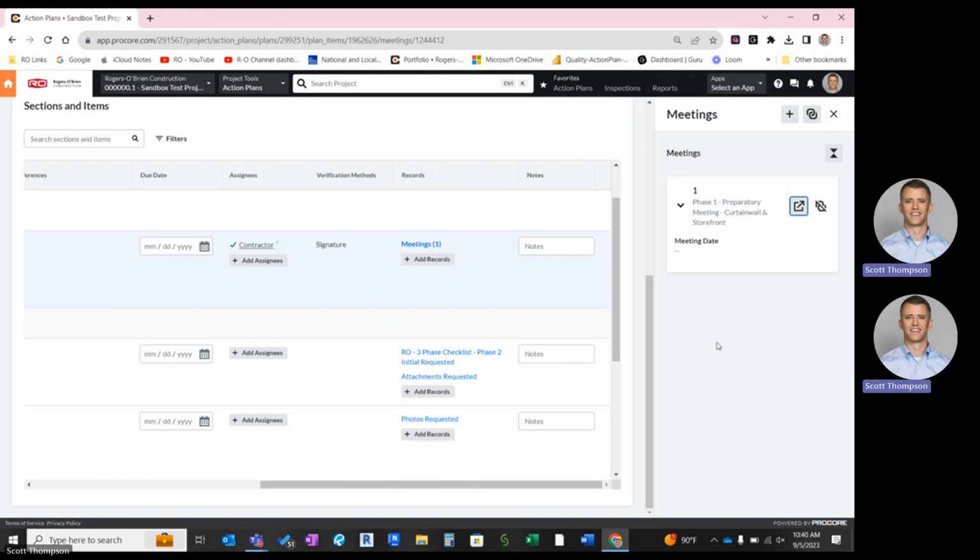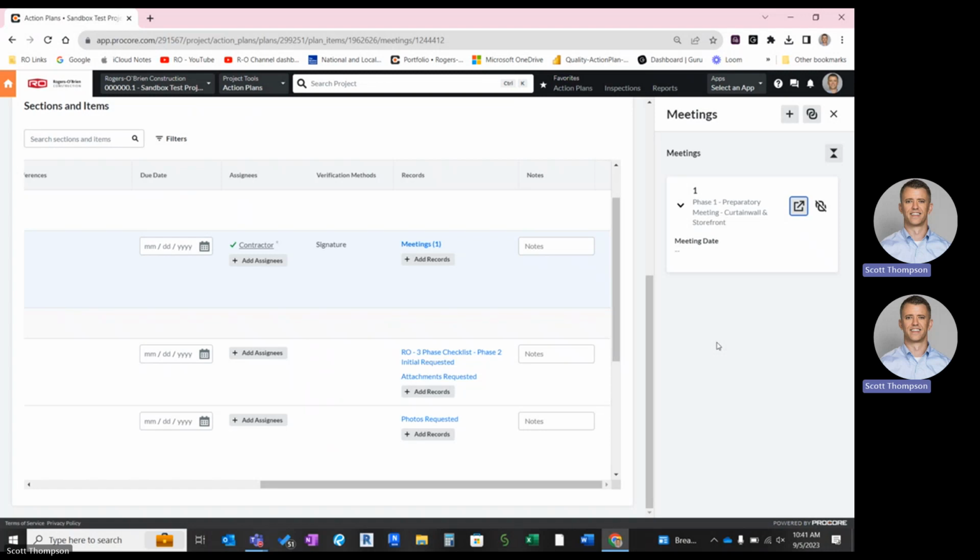So now let's talk for a second about being able to do this on the mobile version of Procore, be it your iPhone, Android device, or iPad. There is a lot of value in what Rogers O'Brien would like to have the ability to do, which is to reference this meeting on the iPad in the field, so that if there's ever a discrepancy or folks aren't seeing eye to eye or can't remember what was talked about in a meeting, when you're actually out in the field later doing a first work inspection, you have the ability to pull up that meeting